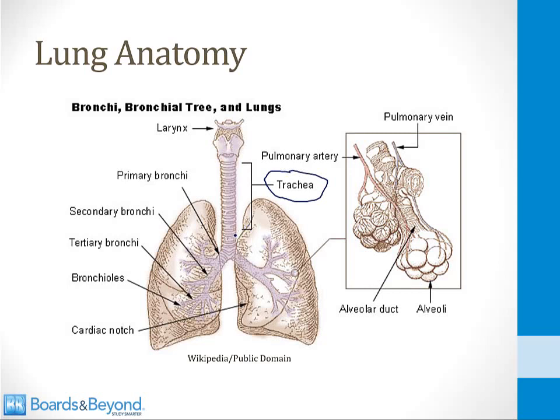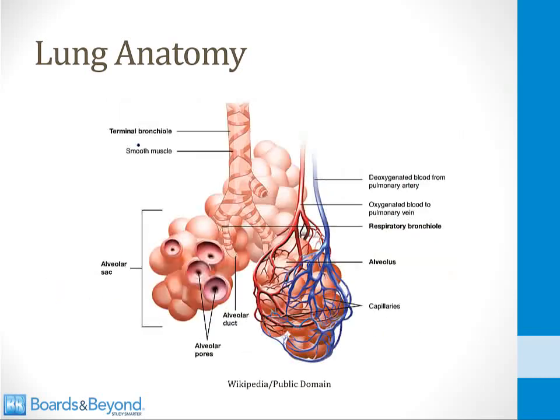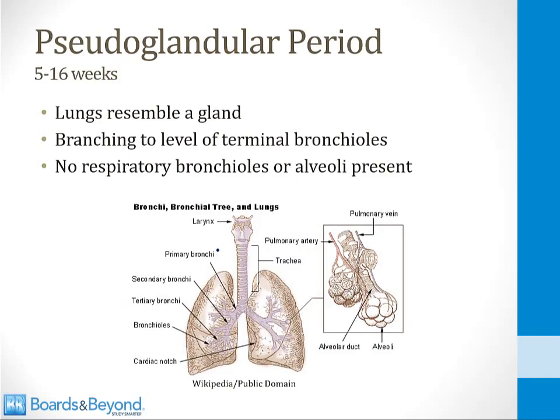We've got the trachea. It branches into primary bronchi, and then those branch down to become very small structures, bronchioles, which have no hyaline cartilage. And here's a zoomed-in picture of a couple of alveoli. This is a terminal bronchiole, which delivers air to the respiratory bronchioles. The respiratory bronchioles are what directly supply the alveoli, and then you have alveolar sacs out here at the end of the respiratory bronchioles. Okay, so now that we understand that, we can talk about the 4 phases of lung